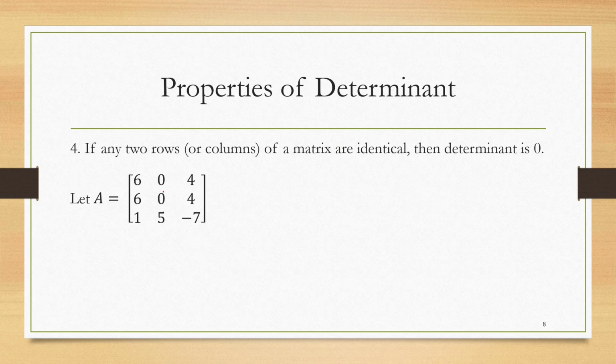For this, we have taken a matrix of order 3 cross 3 in which row 1 is same as row 2. So let's find its determinant by expanding column 2, because column 2 is containing maximum number of zeros. So expanding column 2, we don't need to write the first entry because it is 0. No need to write second entry because it is 0. This entry is at 3, 2 position.